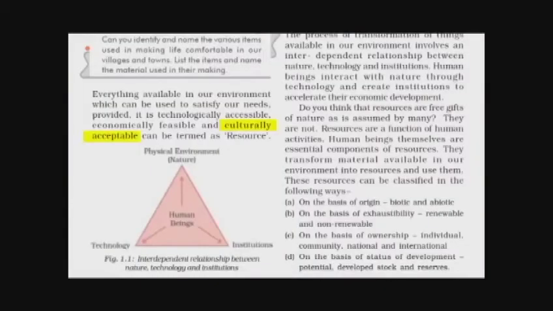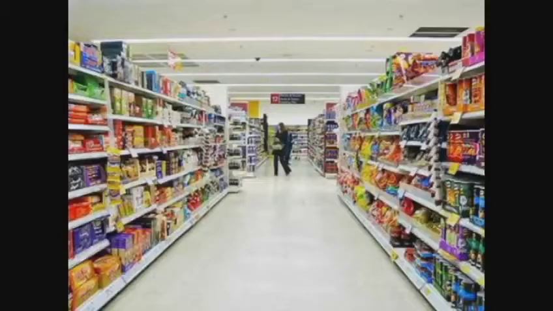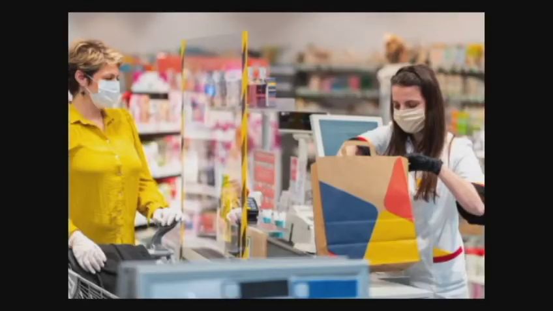Now comes the term culturally acceptable. It is pretty easy to understand because it means resonating with the community. For example, if we see in the market, we have multiple varieties of a single product. So that you can resonate with that one. It means there is an alternative, so that if you don't like a certain product, you can change that one.